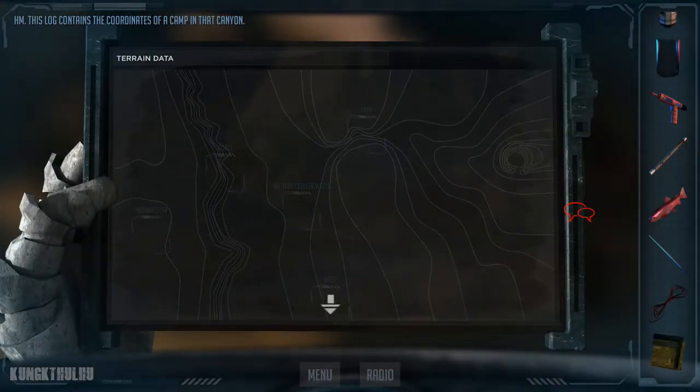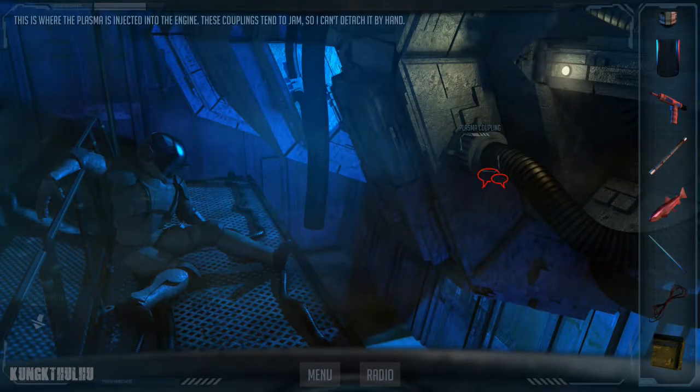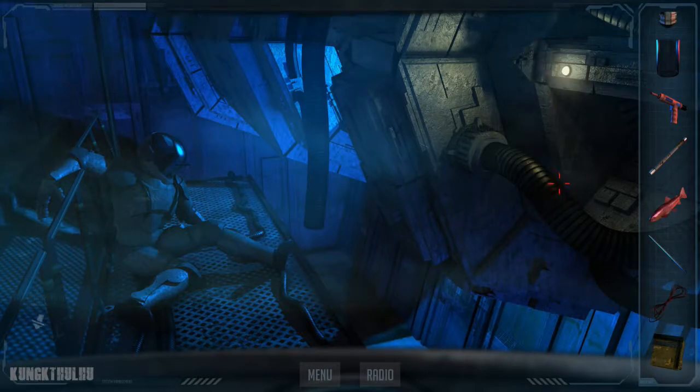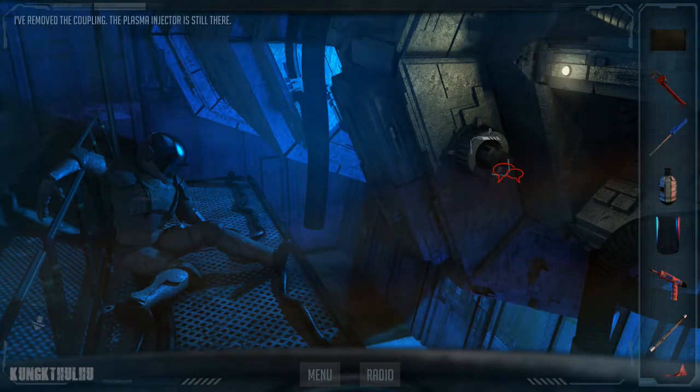This log contains the coordinates of a camp in that canyon. This is where the plasma is injected into the engine. These couplings tend to jam, so I can't detach it by hand. I've removed the coupling.